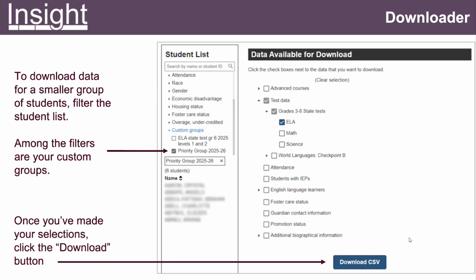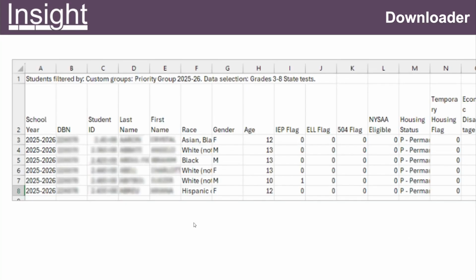I do want to mention, student level data is confidential. Our spreadsheet contains personally identifiable information. We highly recommend, or we advise, that you don't download those files on a public computer. Like, don't go to a public library and randomly download student data and save it on the computer. So we recommend you use a DOE device or download it on a trusted device. Or if you download the file, make sure you delete it afterwards.